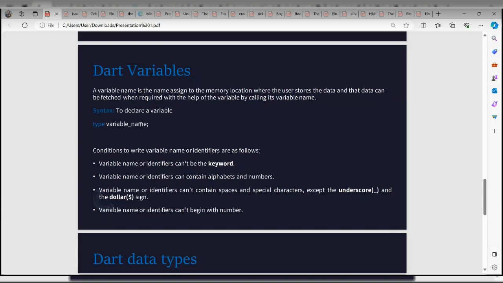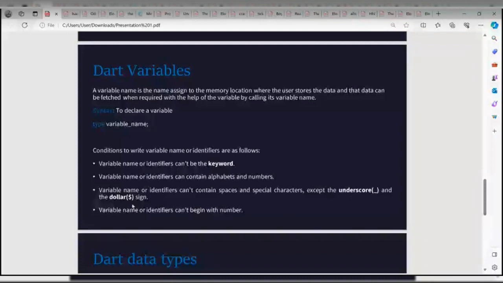So the underscore can be used to attach two different words together. So here we have variable, we have name. You use the underscore to attach these two different words together to create your variable name. And we can also have the $ sign. So these are the two special characters that we can have in our variable name.